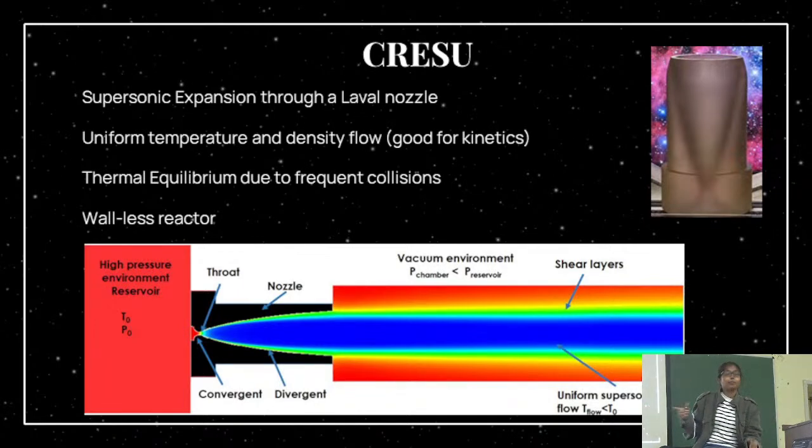So this makes a wall-less reactor. There is no wall to this. All your molecules are confined within this flow, and the reaction will proceed within it. Another advantage of having a flow is that you want to measure kinetics, and you have things that are moving in time. So you will see how it will make it easier later on to actually measure that.